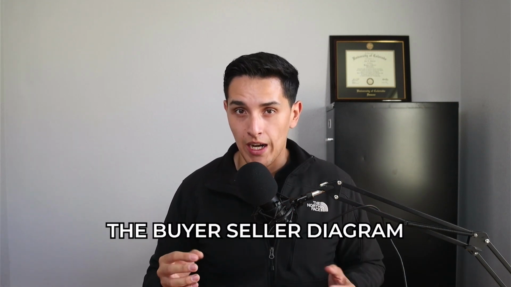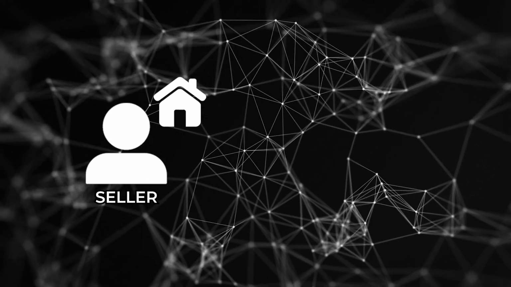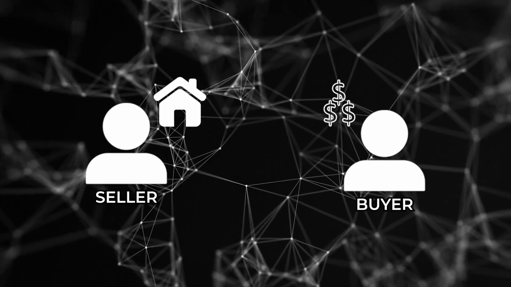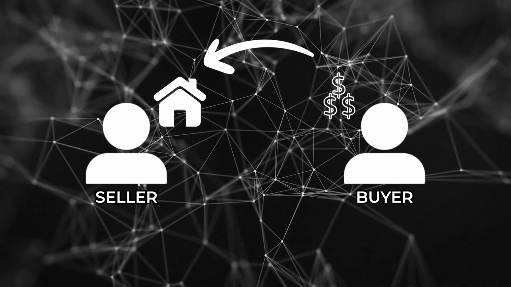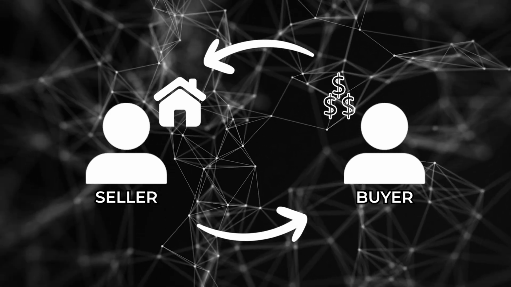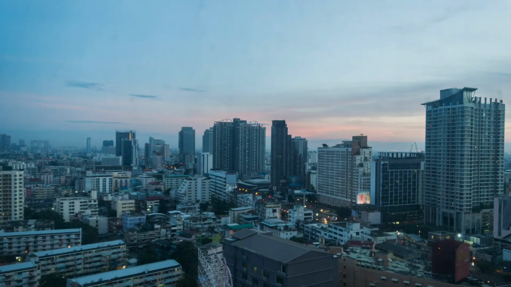I'm about to make real estate investing sound completely trivial. We are going to keep it simple. I call this the buyer-seller diagram. Let's say we have one person who owns real estate, and then let's say we have another person that has hard cash. Fundamentally, what happens is this. The person with the cash trades their money to the other person for the real estate. The agreed value of money between the buyer and the seller is called the purchasing price. Boom. There you have it.